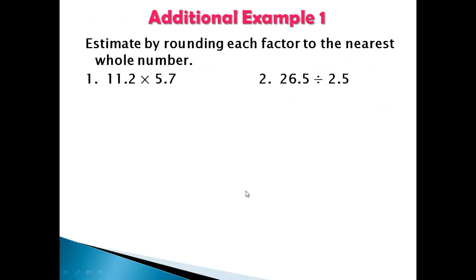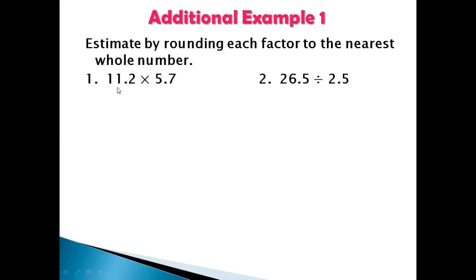Now we have an additional example. You can pause the video and try it on your own, or you may follow along. Estimate by rounding each factor to the nearest whole number. So for number 1, we have 11 and 2/10 times 5 and 7/10. For 11 and 2/10,